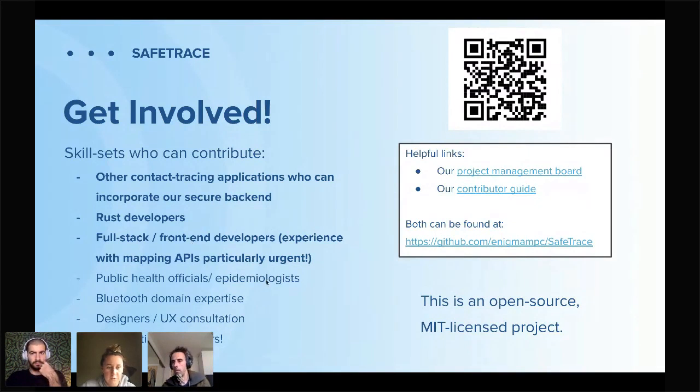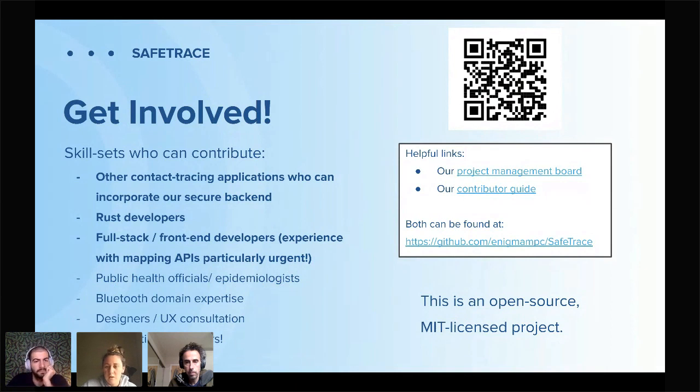Other skill sets that would be really useful to us are people who have experience or knowledge of what's actually useful information to get from these contact tracing apps. I know that the answer to those questions is still in flux, but information like proximity and the amount of time that's necessary to collect data for, those are types of questions where it's great to hear from people who are actually on the ground and need to use this information. If we are able to incorporate Bluetooth data to get proximity that's not just based on GPS, as used currently, that would be great. If anybody's willing to test it out as a user or as a developer, we would love that support as well.